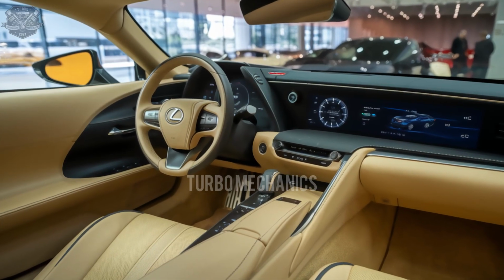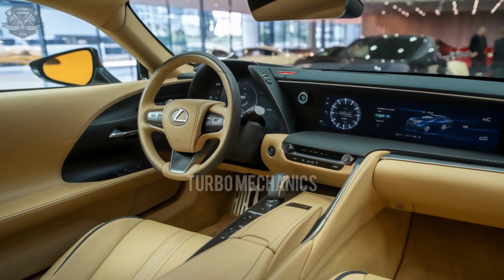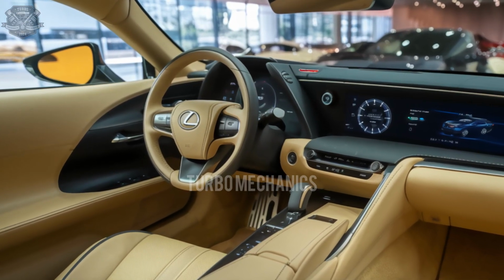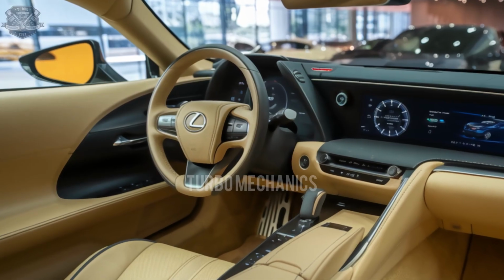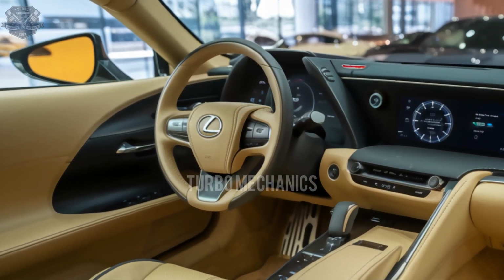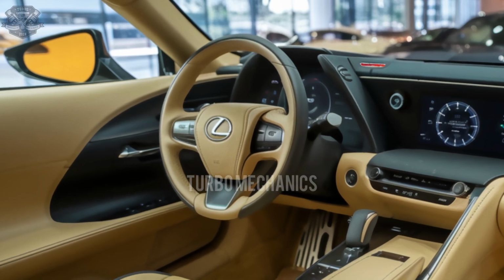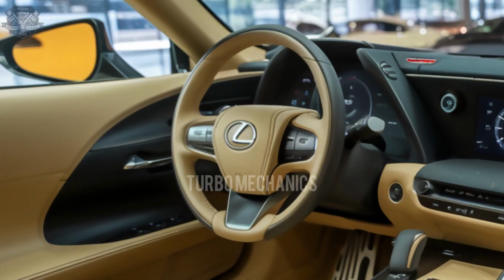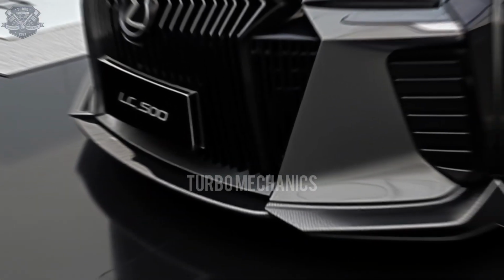Practicality has not been entirely sacrificed in the pursuit of performance. Despite the fact that there is room for 4 passengers, the rear seats are most appropriate for smaller passengers or occasional use. When the rear gate is open, a modest cargo area is revealed, which is capable of accommodating a multitude of small suitcases or provisions. Despite its diminutive size, the vehicle's adaptability is pleasantly surprising, as the rear seatbacks can be folded to expand the